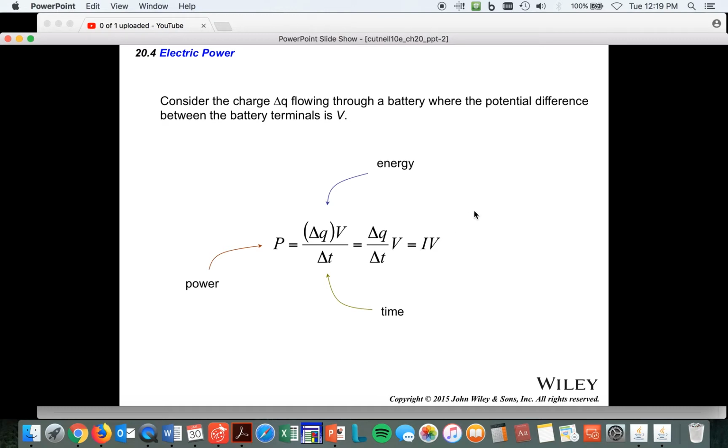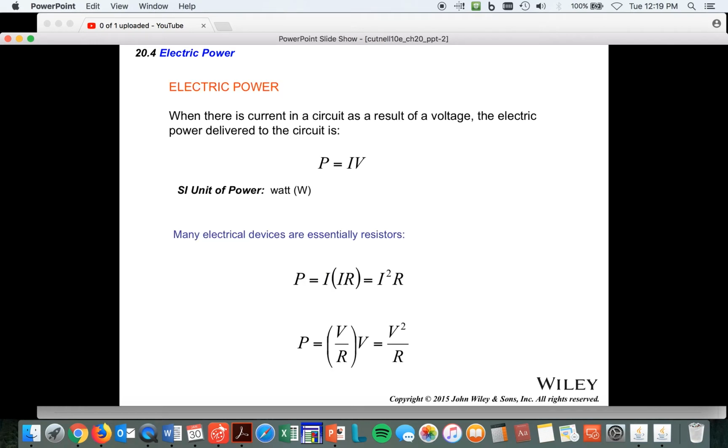Okay, we did this one yesterday. I mean, I showed you this problem yesterday. The charge flowing through a battery, in lecture 5, where the potential difference between the battery terminals is V. So you do delta Q times V over delta T. Notice you've got a current here, which is equal to IV, and then you can use that just like we do in the capacitance equations, where power, which is in joules per second, is equal to I times V, and